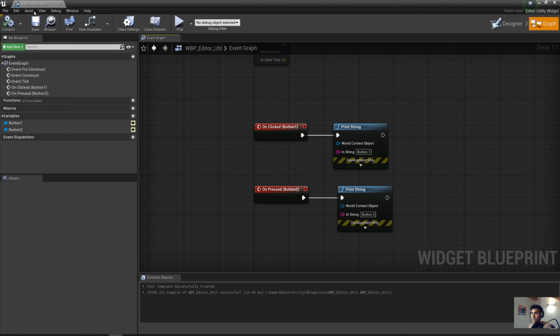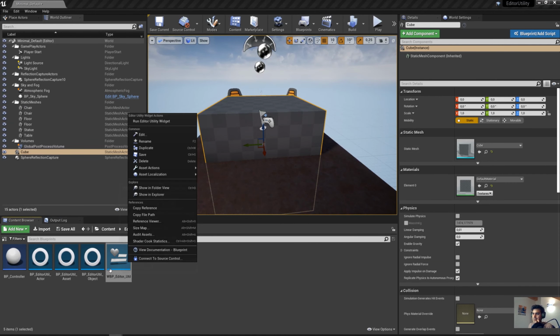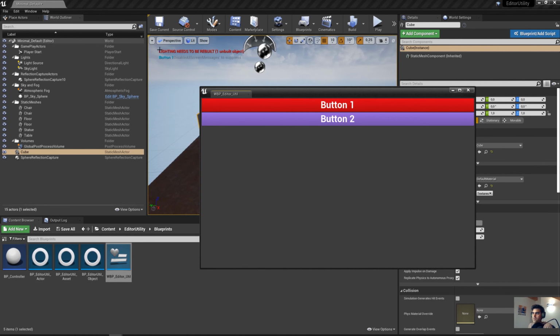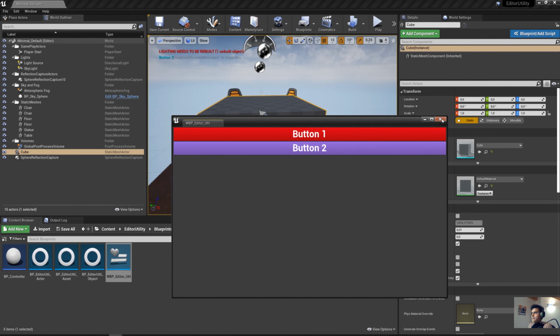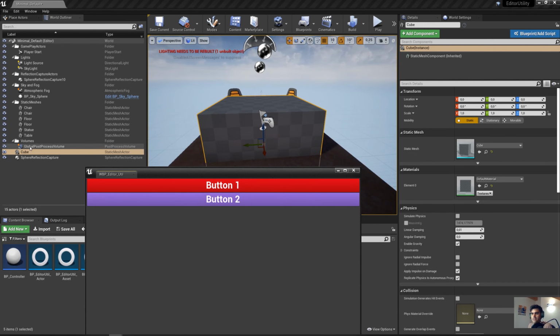Now that you have the buttons, you just get back to the editor, right click on it, and run Editor Utility Widget. Now you have that editor widget with button 1 and button 2. Remember that if you're in runtime mode and you want to change the scene with these buttons, it's not going to happen. But if you put it on an actor and you're in runtime mode, and then you use these buttons that I showed you,